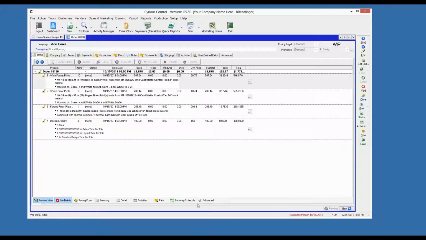So I'm inside of Control right now, and I've got an order here with basically 4 different line items. 2 line items are actually just standard digital prints. I've got 10 18 by 24s and 10 24 by 36s. They're both going to be printed on the same exact material, same vinyl anyway, and mounted to different sizes of Cora. I've then got a flatbed print, so it's a 4 by 8 sheet basically that I'm doing,